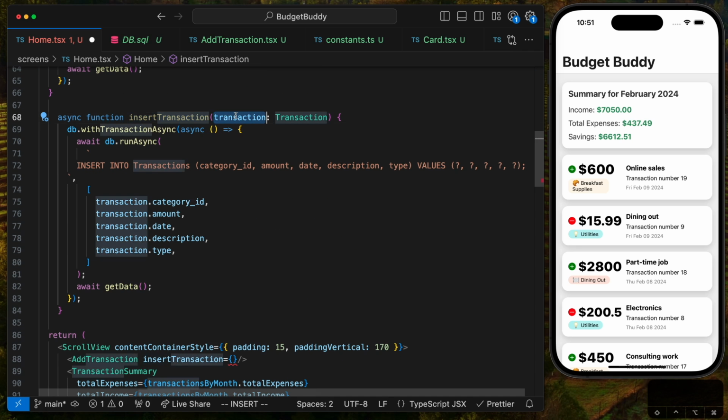Insert transaction takes a transaction as parameter, and then with transaction async, we are saying run async, okay? And then insert into transactions. We specified the data that we want to insert, and then the values. In this case, guys, we have five values that we are passing in this array of variables. We pass the category, amount, date, description, type. And then we refetch everything again. Okay, very simple, just an insert using SQLite,